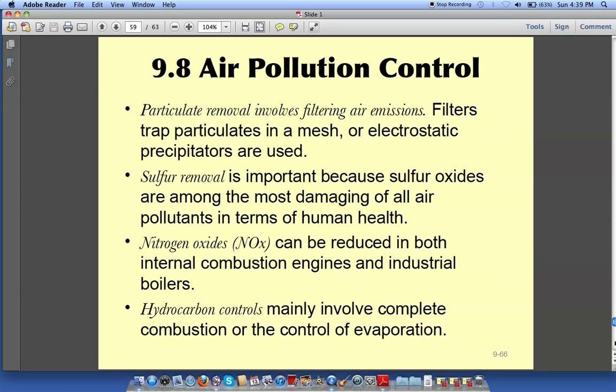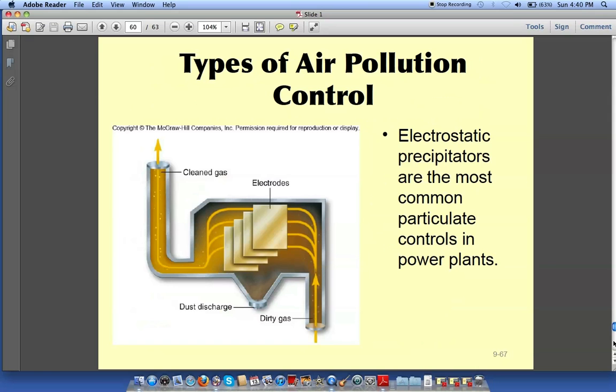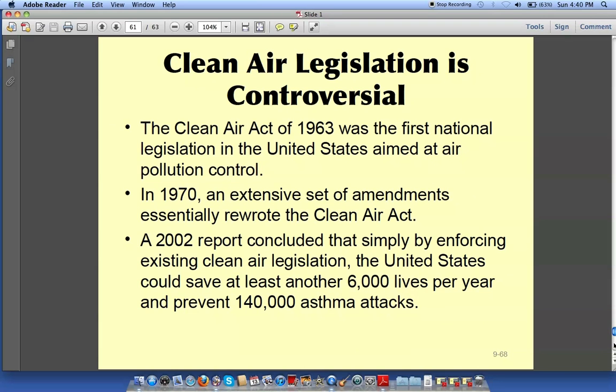So what can we do to stop it? Well, there's all sorts of suggestions and strategies. We do have a Clean Air Act, but making everyone abide by it is another thing. This is how some of the gas, the dirty gas from factories or wherever, is cleaned. But all this costs money to put new filters and things on the exhaust pipes from their factories and so forth. So